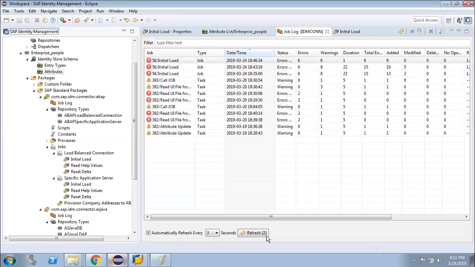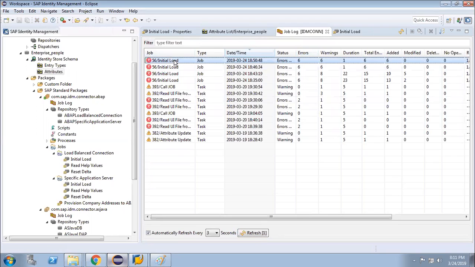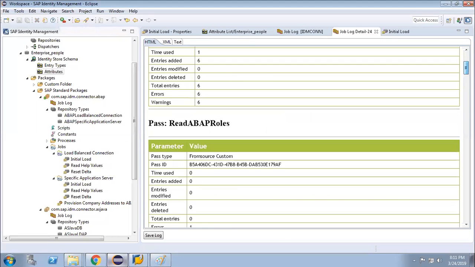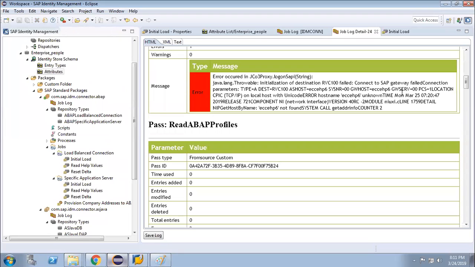Let's try. It immediately throws an error. This is unknown, that means this is not the correct one. The correct one is that one, I think 192.168.135. That was correct, but it was not able to reach it.